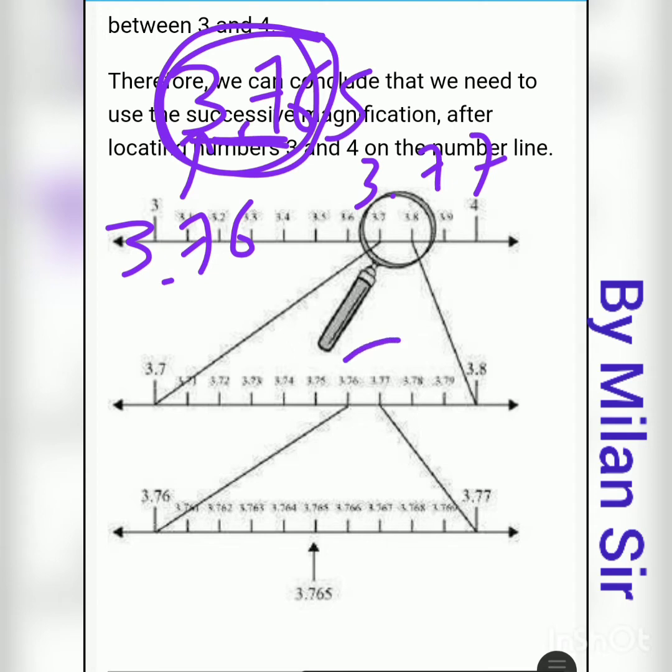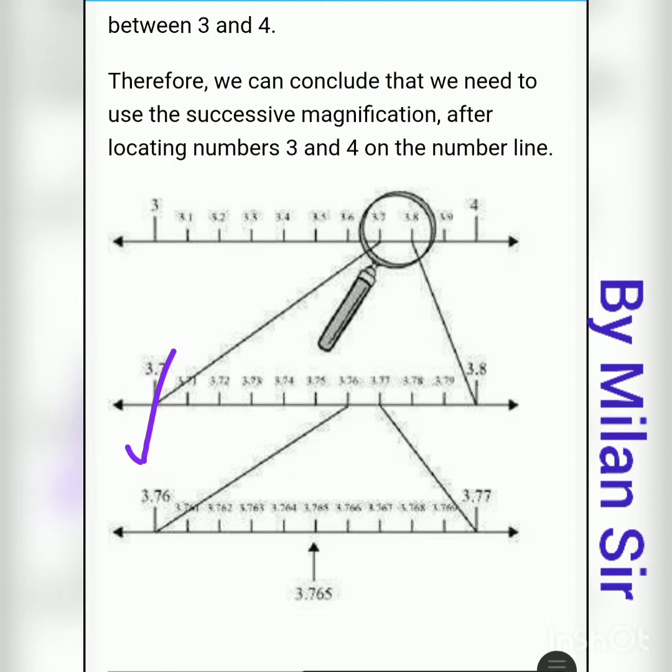So we need to zoom this part again, and we get 10 more numbers. Here we have 3.76 and here we have 3.77.